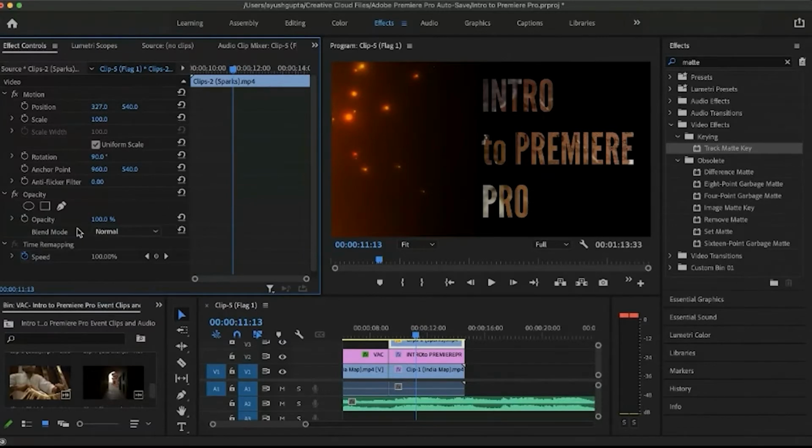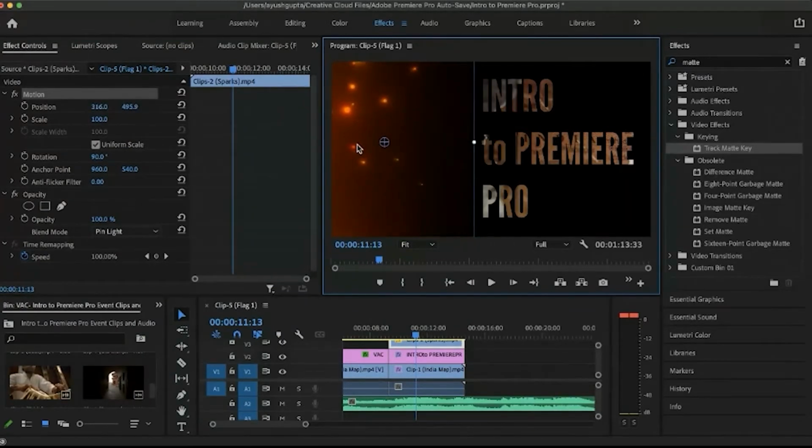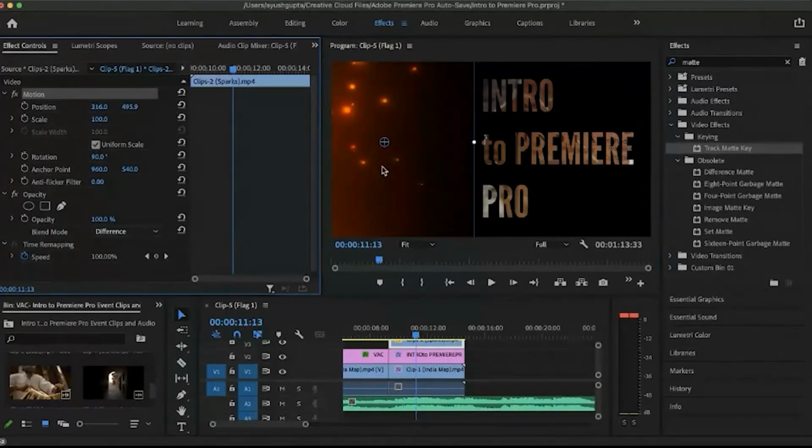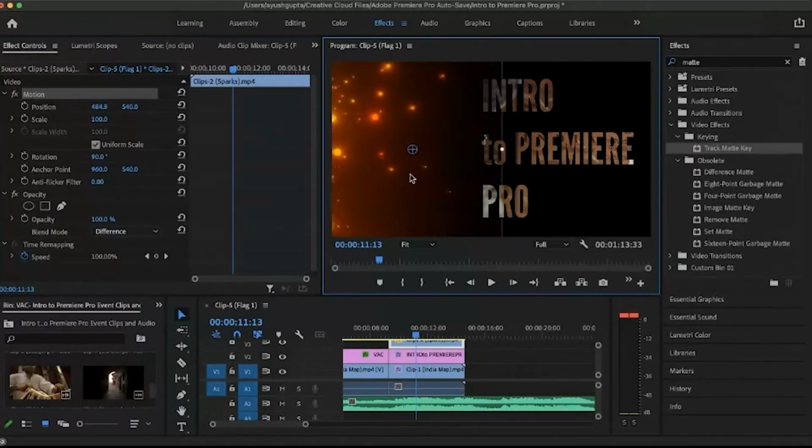So we try to change the blend mode. We play with it to see which blend mode works best. Move this to difference, and now it works better.